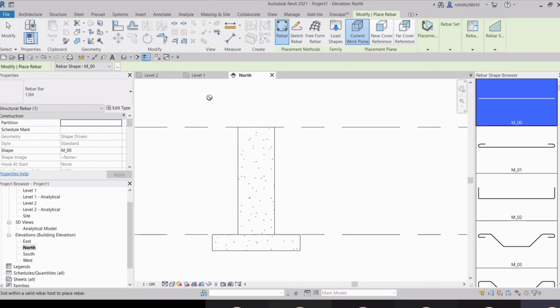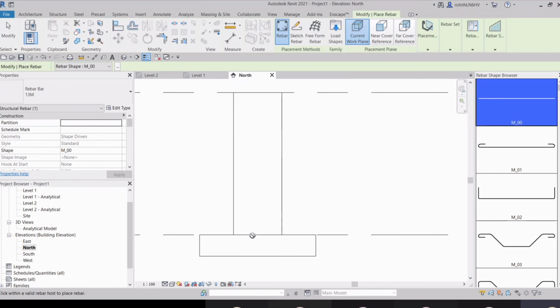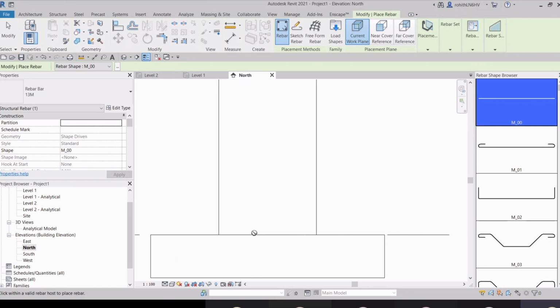So if you are placing in this current level 1, this is the nearest cover, right? This is the nearest cover from that current work plane. Okay, so we will have a cover for this column. So generally 40 mm is the cover for column.